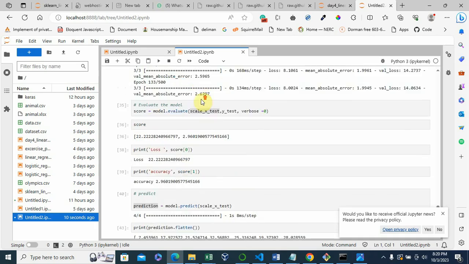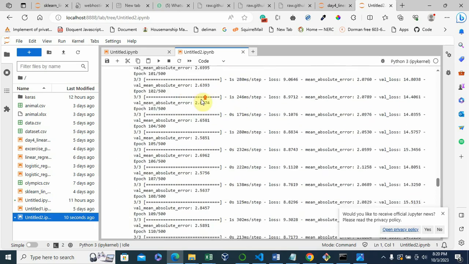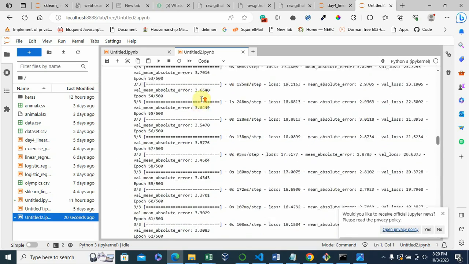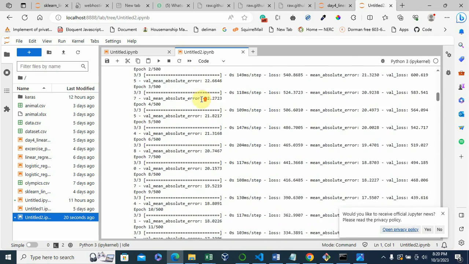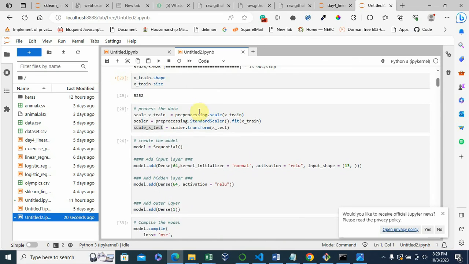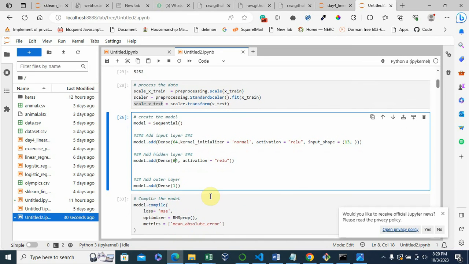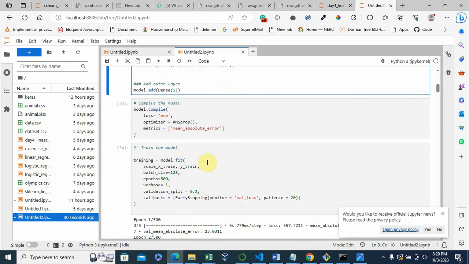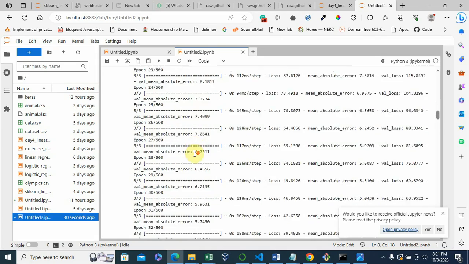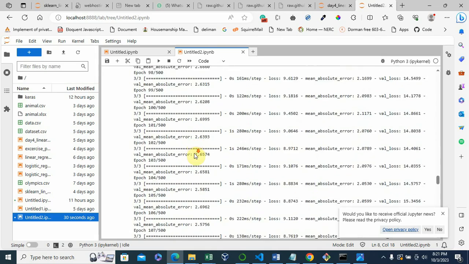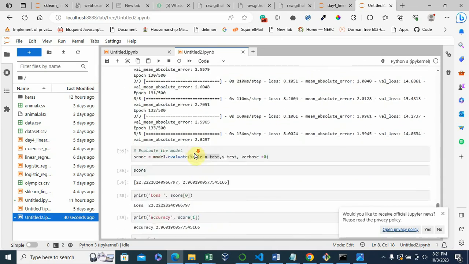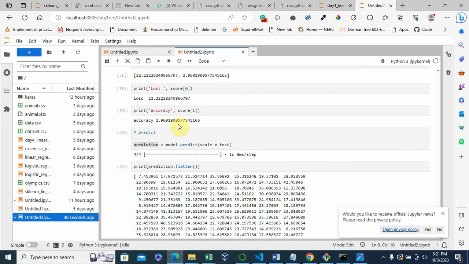You may want to improve the performance of your model, maybe by adding another layer, or by increasing the number of neurons, or by changing the optimizer you're using, and see. But this performs really well. The performance is top notch. As you can see, the accuracy is more than normal.